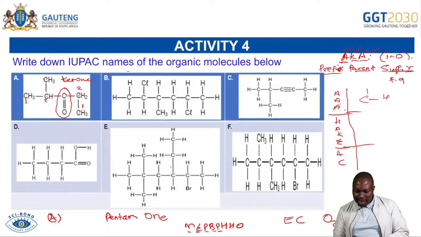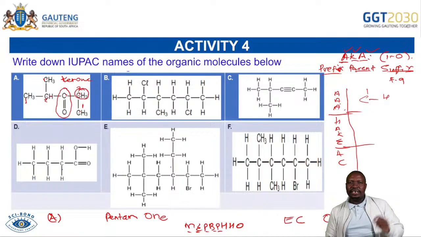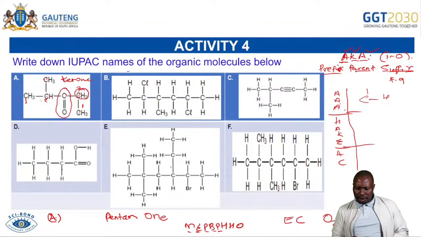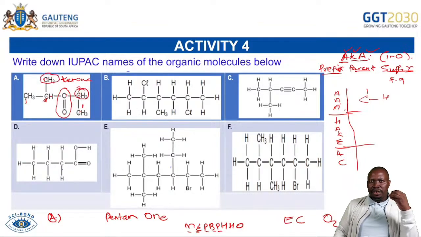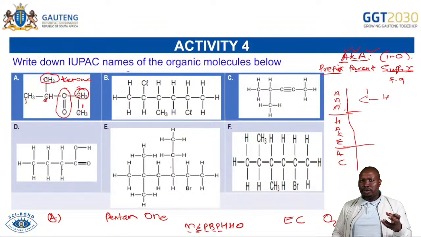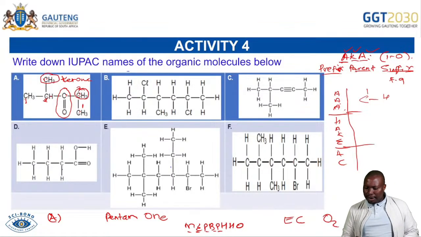So if this one is saying it's number 2, and this one is saying I'm number 2, do you have any visitor? Do you have any substituent attached to you? No. This one, you are saying you're number 2. Do you have any substituent? Yes, I have a CH3. So the one that has a substituent, the one that has a visitor in them, to talk your everyday language so that you have understanding, will win. And then this becomes carbon number 1, 2, 3, 4, 5.